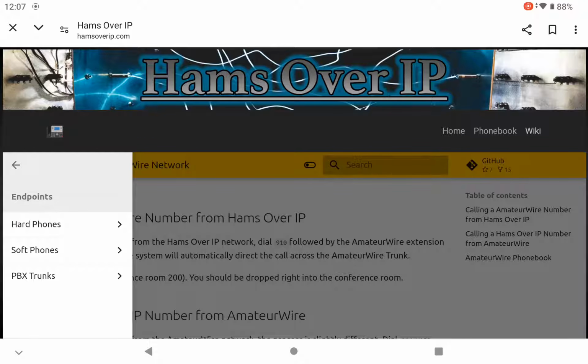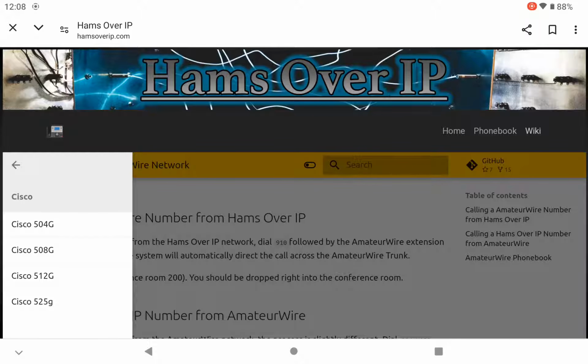Click on endpoints. You've got the hard phones, soft phones, and obviously trunks. The hard phones, we've got obviously Cisco, Polycom, Ulink. If you click on one of those for the Cisco, you've got those down there. Now, they do have more Cisco phones than that. There's the 303, 514's not there, but the web interface on the configuration is very similar, maybe slightly laid out different, but you'll